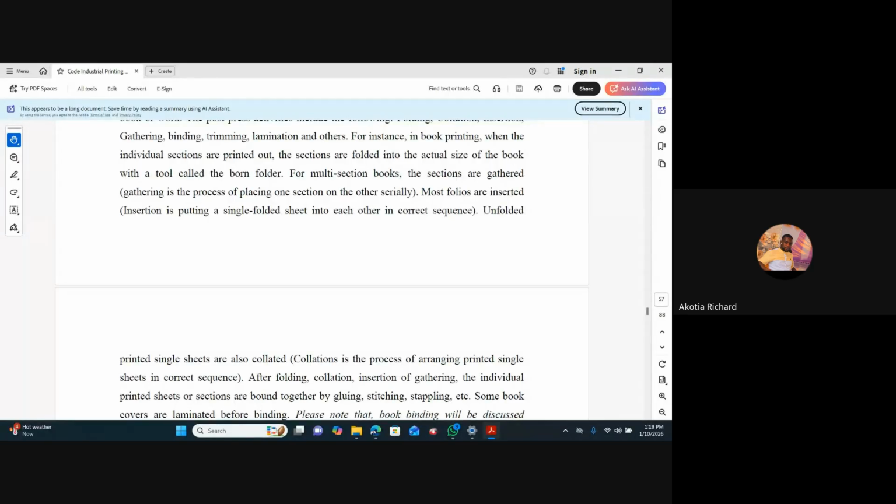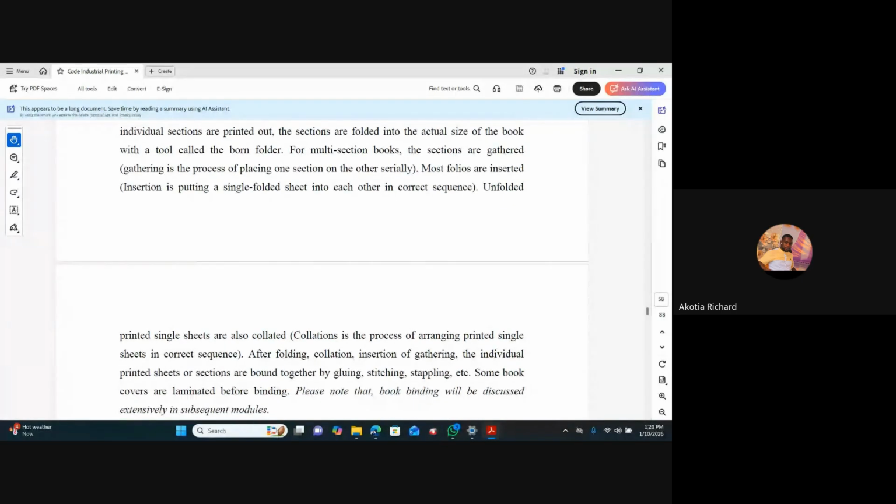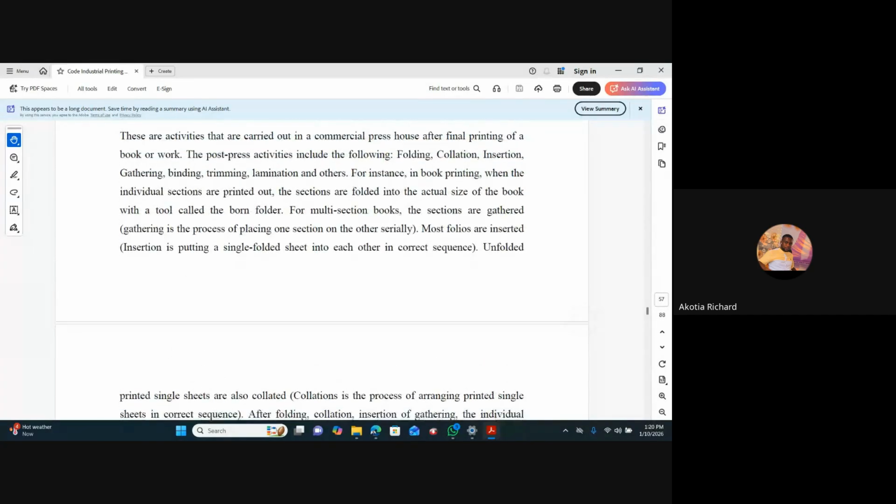Unfolded printed single sheets are also called collated. So when we talk about collation, it says collation is the process of arranging printed single sheets in correct sequence. So after folding, collation, insertion of gathering,